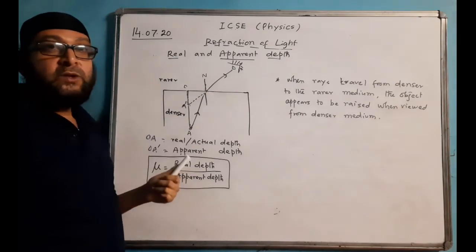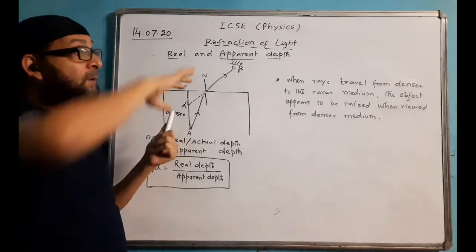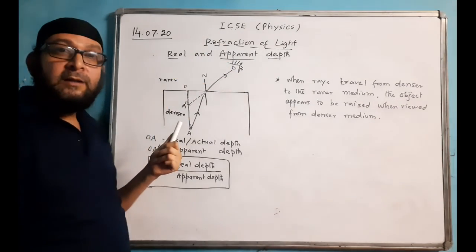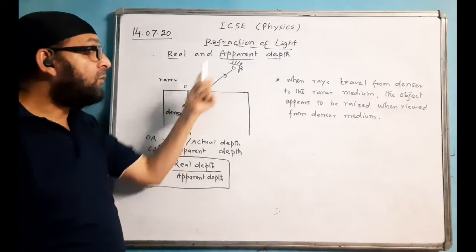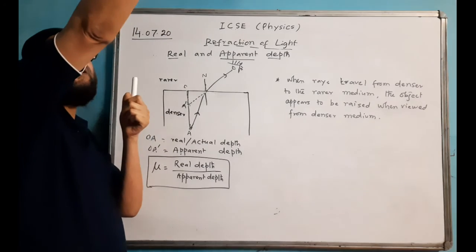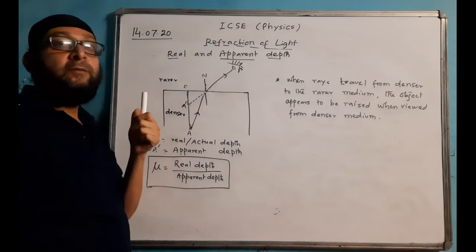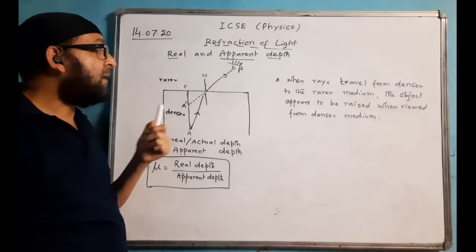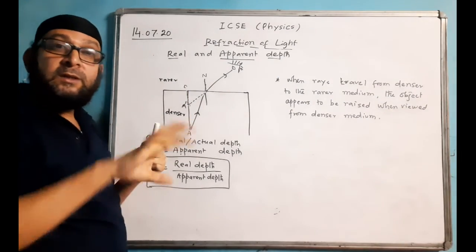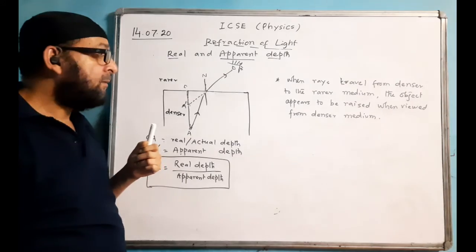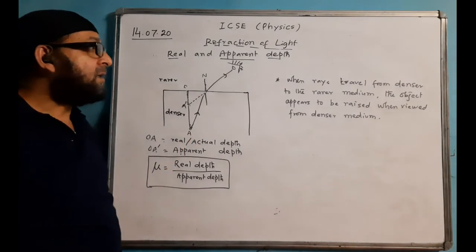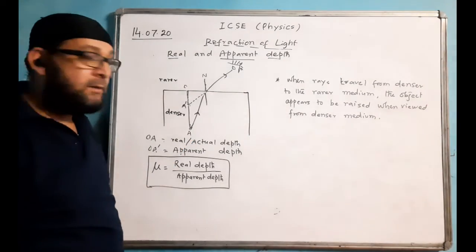Same thing applies to the sun, because even when the sun goes below the horizon, we still receive the light, and that light is called twilight. That is also due to refraction. The sun's position will appear to be raised, so we are still able to receive sunlight for quite some time, though the sun has already sunk below the horizon. So that is also due to refraction. That is called formation of twilight.